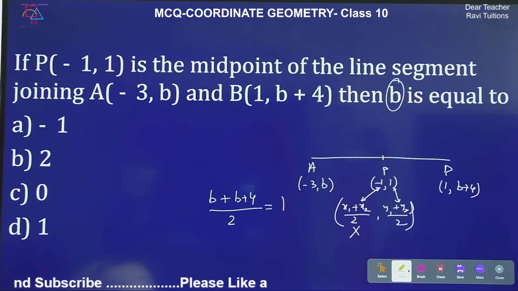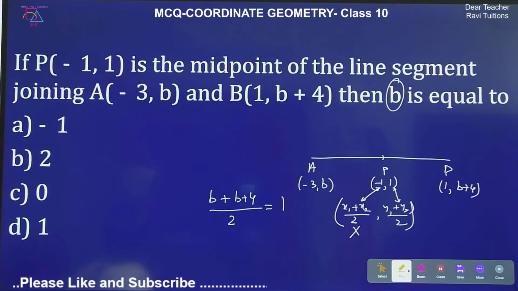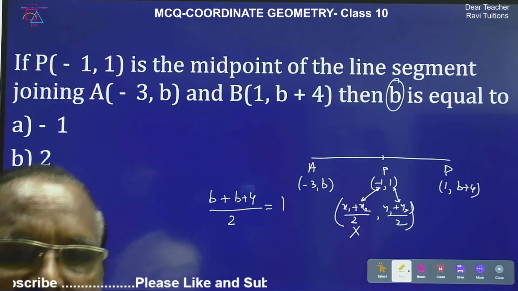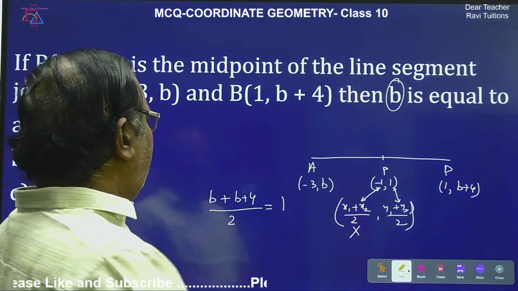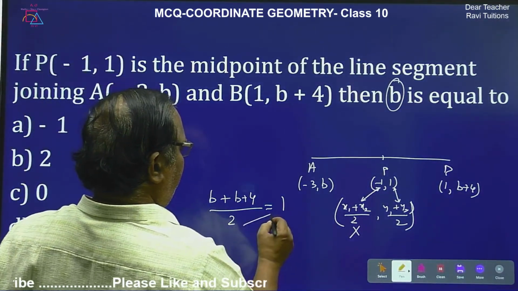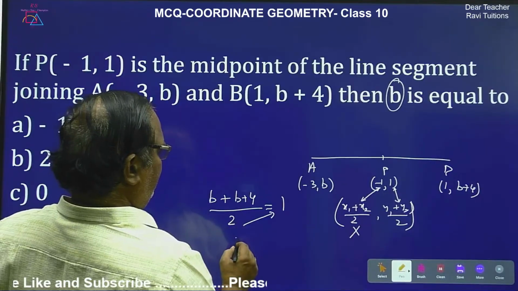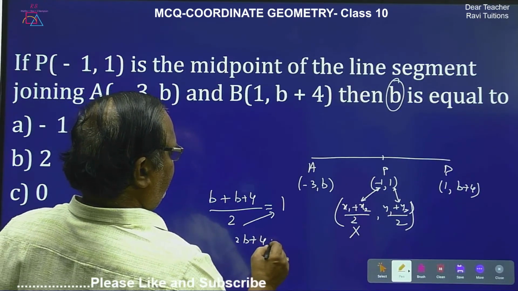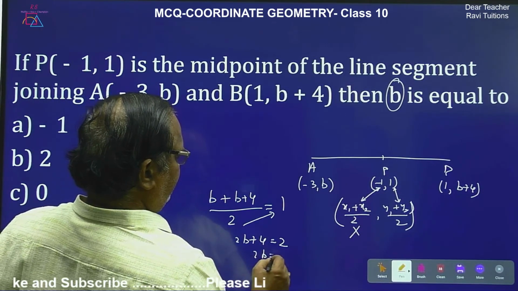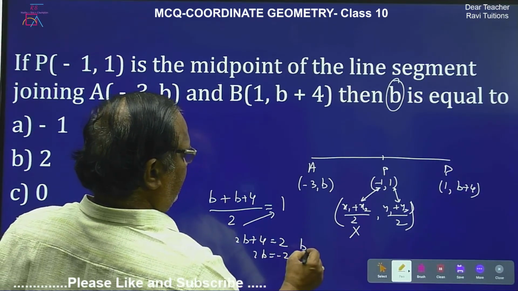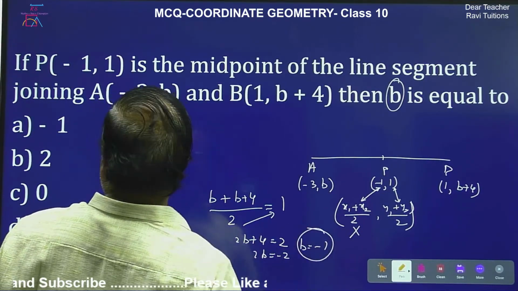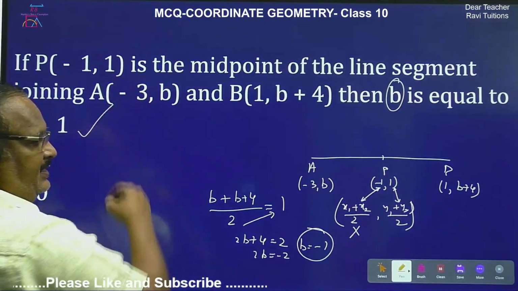X coordinate we don't need because there is no B in this. So now how much? Cross multiply it. So B plus B, 2B plus 4 is equal to 2, and 2B is equal to minus 2, and B is equal to minus 1. So minus 1